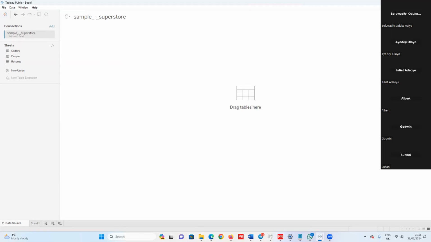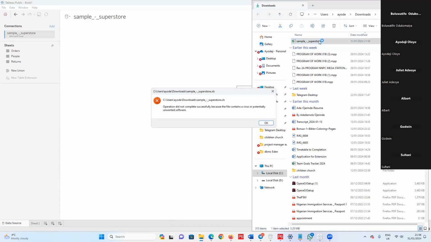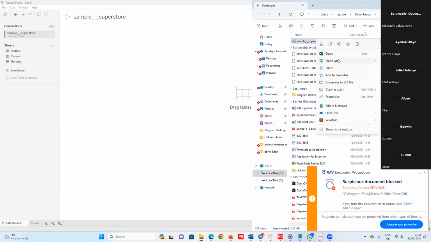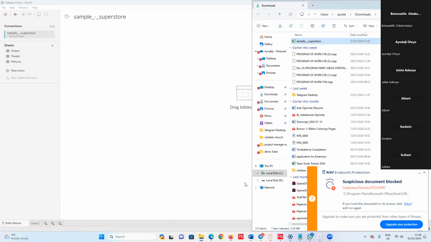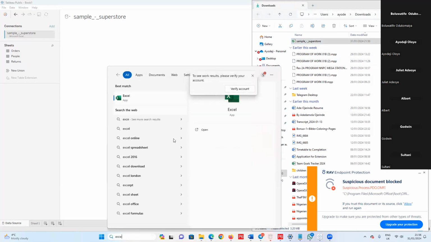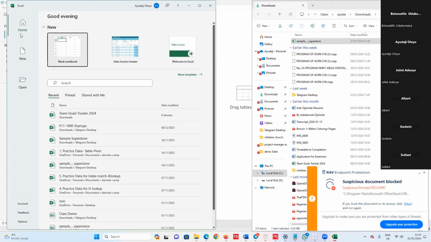In between, while we're waiting, if I open a sample, I just want to show you how the data would look in Excel. Like on here,